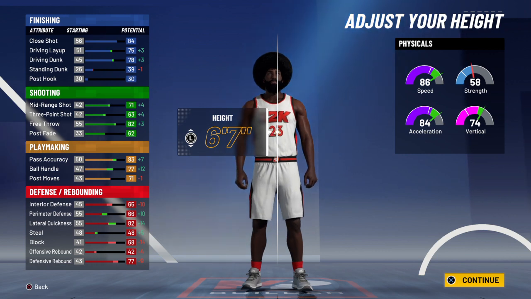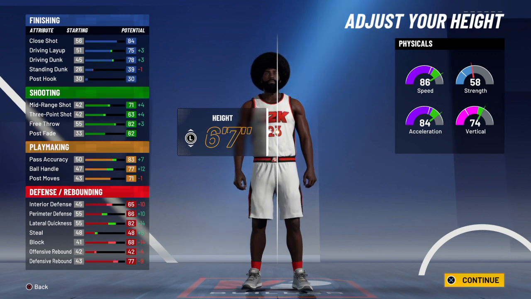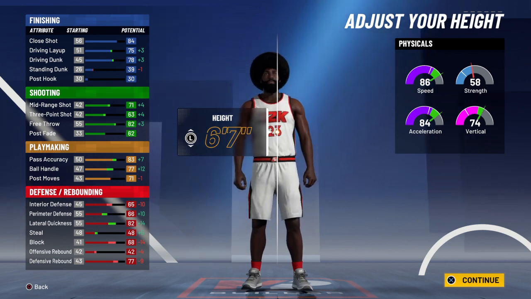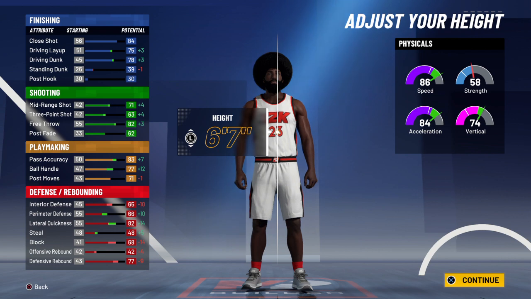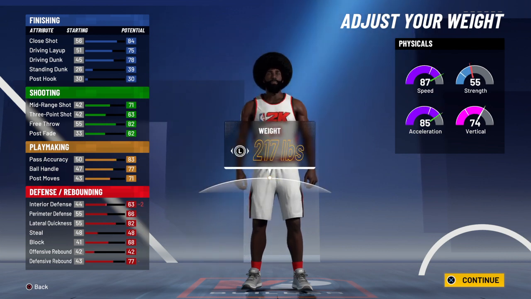We're going to drop down that height to 6'7", right? That's going to make some dramatic changes to your build. You're going to see your driving layup increase. You're going to see your driving dunk increase. Your standing dunk's going to go down one. So if you wanted to, you know, put that into something else, I'd suggest you could always do that. But it's going to go back up again in a second, because now, after we do our weight here,